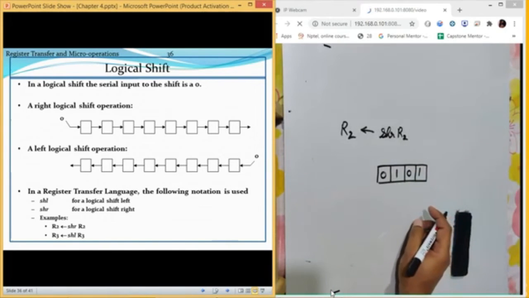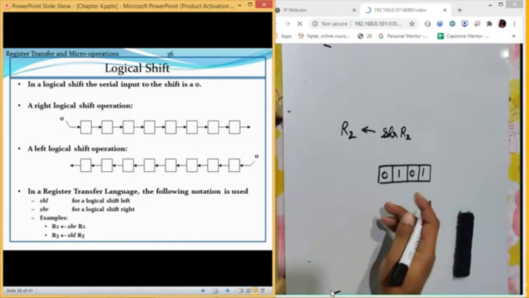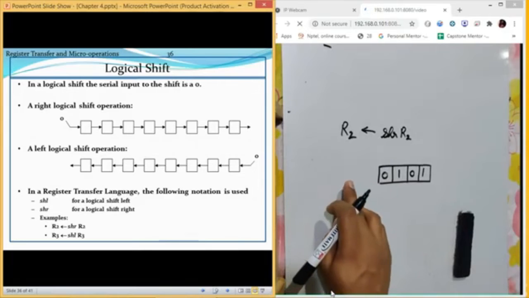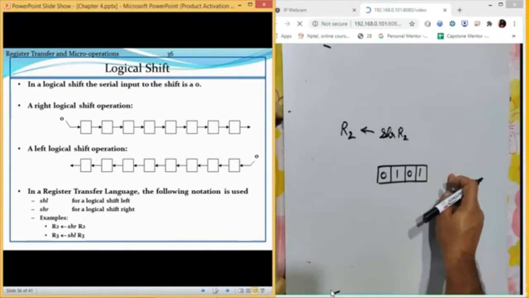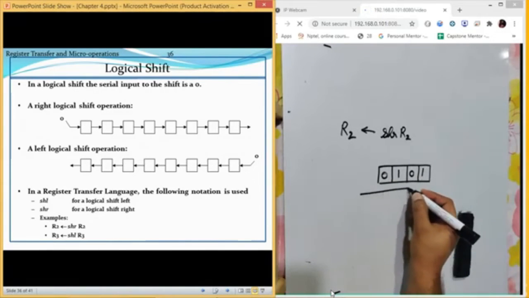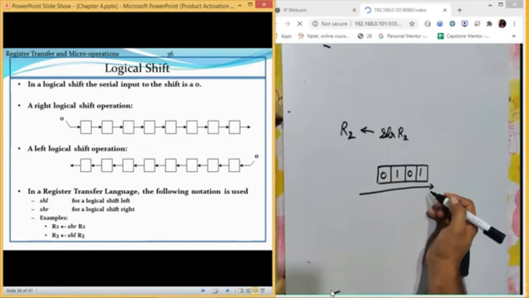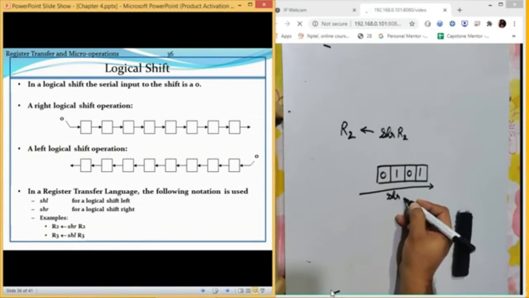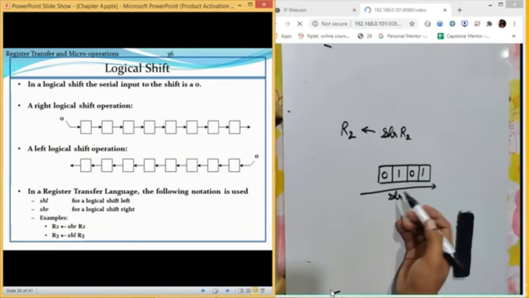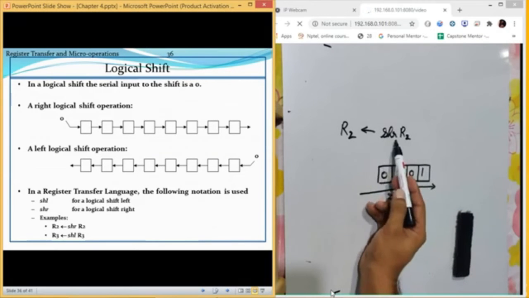Now we are going to perform the shift right operation, which means our data will be shifting from left to right. The data movement will be in this direction. This is known as shift right, and because it is SHR, it is a logical shift right.